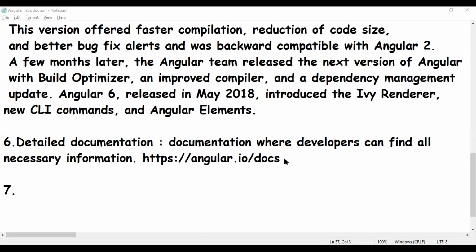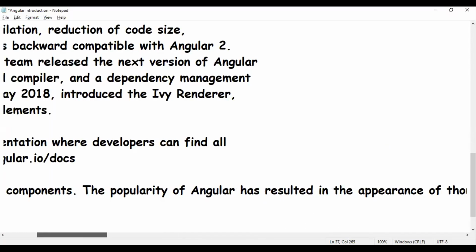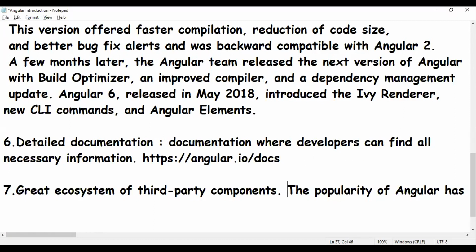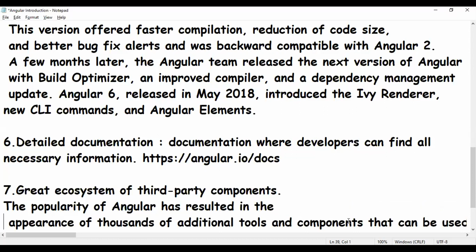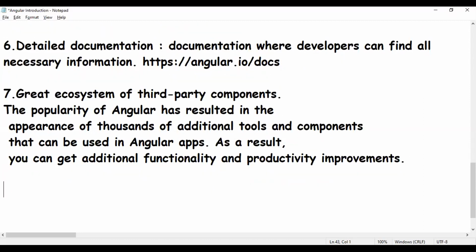These additional tools and components are provided by the open source communities. So that is the seventh point.